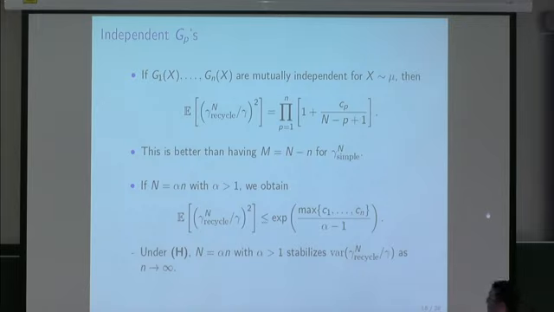You can make some simple types of analysis just looking at specific cases, like what properties of the G's do I have? If they're mutually independent, which means that the expectation of G1 G2 is basically the expectation of G1 times the expectation of G2, which is a statistically not interesting assumption for the most part, then you can see that the second moment scales like this, which is of course much better than the simple estimator because you have an n minus p plus 1 in the denominator, as opposed to m, right? And m is capital N divided by little n.